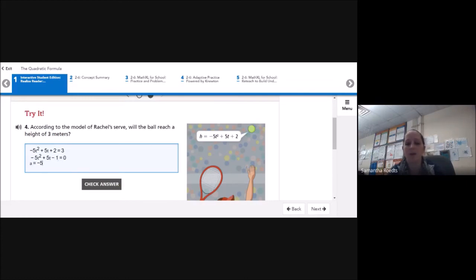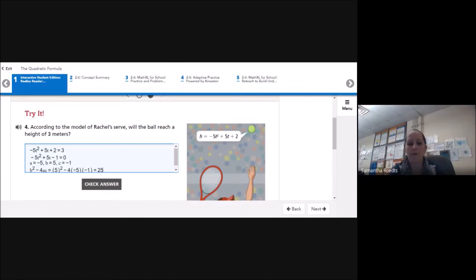So a equals negative 5, b equals 5, and c equals negative 1. So I have b squared minus 4ac, which equals 5 squared minus 4 times negative 5 times negative 1